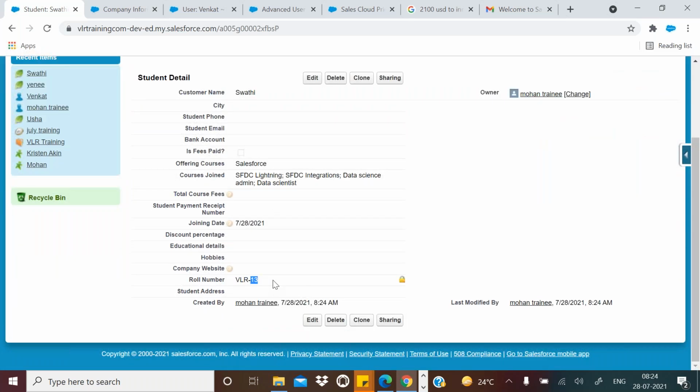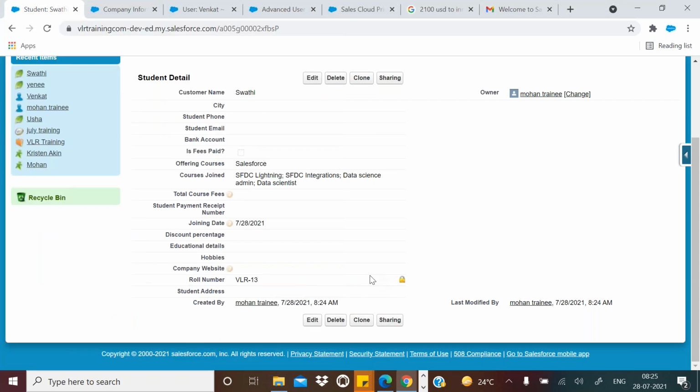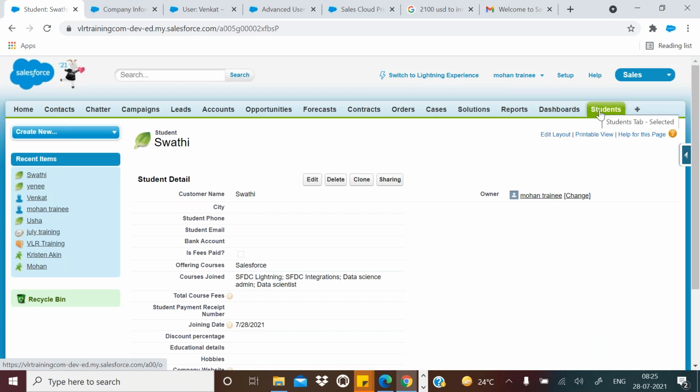How is the order number calculated? Object-wise. Whatever the number of users, however many users created however many records, not a problem. It will calculate the total records. It won't depend on the users. Understand it? These record counts don't depend on the users. It depends only on the records. So the 12th record was created by Venkat, the 13th record created by Mohan, whatever it may be. But records are available only in this object. It calculates based on that object only, not on others. That's what it is.